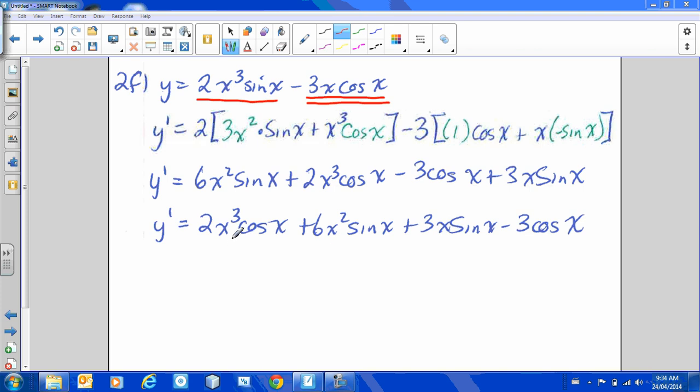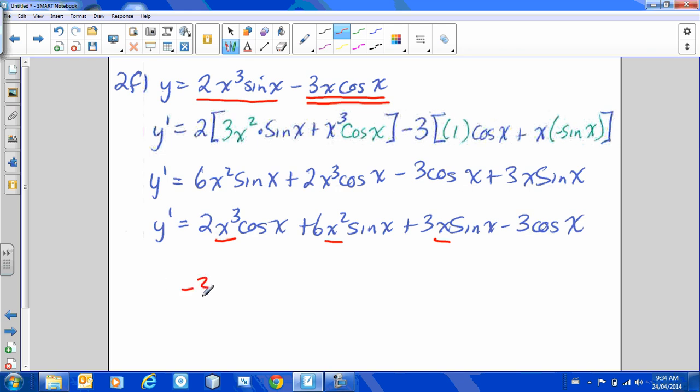Now the one question that did come in was, why did I put them in this order? The tendency when you're writing just a regular polynomial function is to put your highest power terms at the front. And so I'm basically just doing that. I have an x cubed here, an x squared here, an x here, and no x's, or an x to the 0 over here. Of course, in any other order, if the terms are the same,